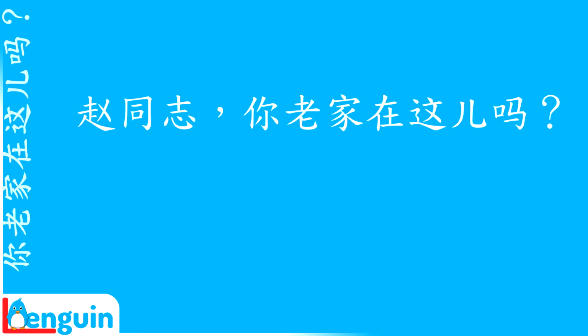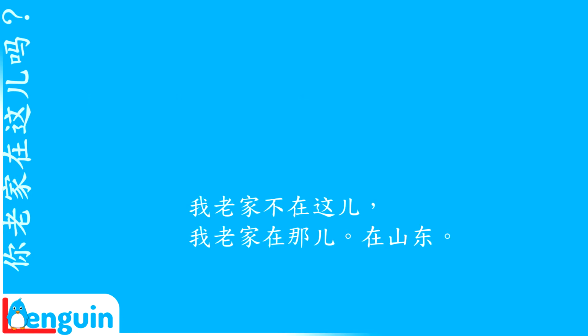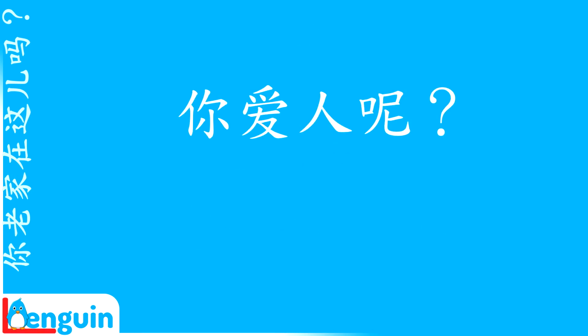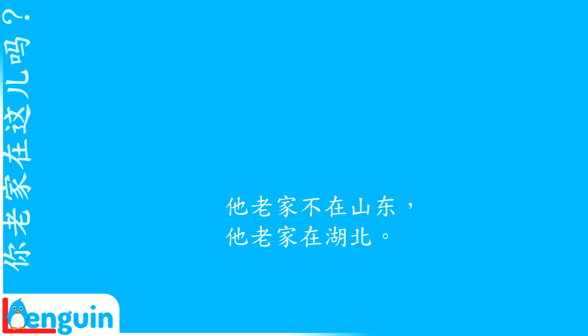哎，赵同志，你老家在这儿吗？ 我老家不在这儿，我老家在那儿，在山东。 你爱人呢？ 他老家不在山东，他老家在河北。